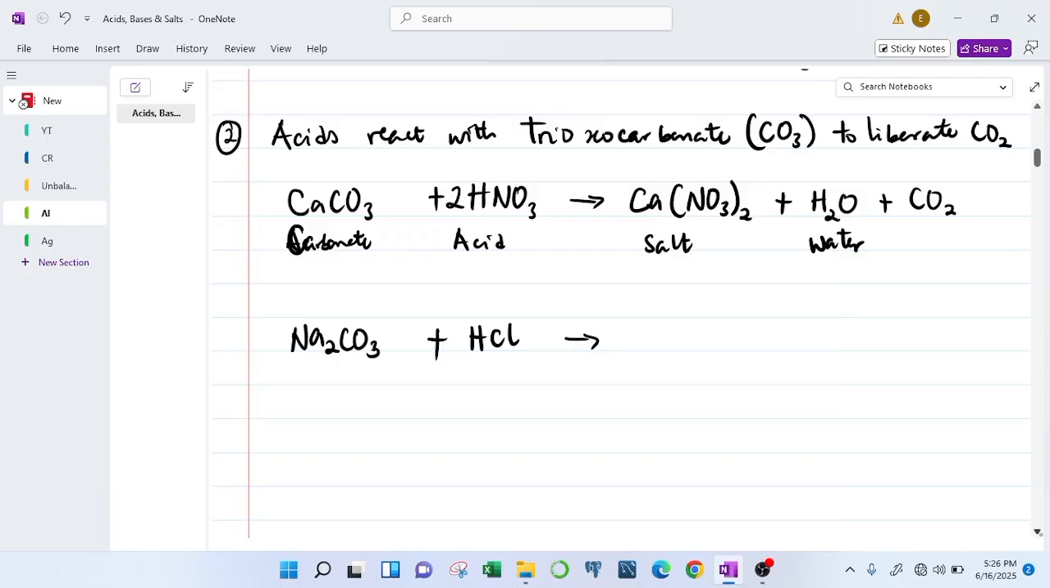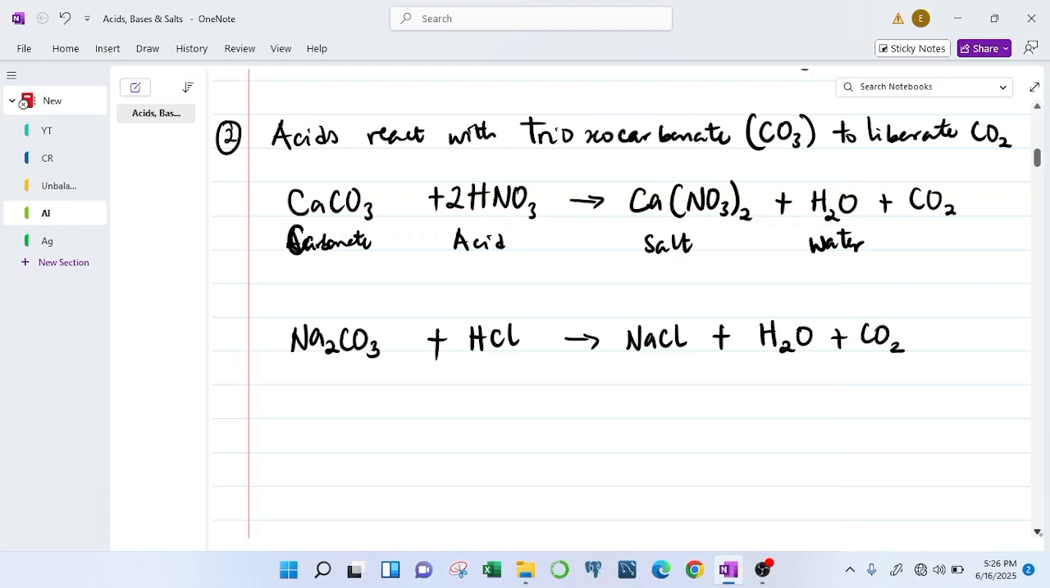How do you get a salt? The metal displaces hydrogen. So we take out hydrogen. What is the metal? Sodium. It pushes out hydrogen, so you get NaCl. That is your salt. You get water, and you get